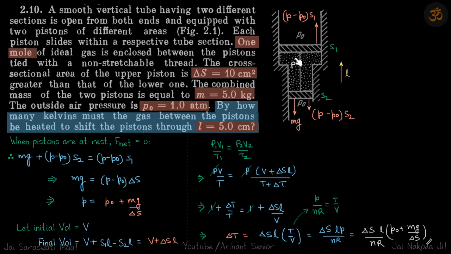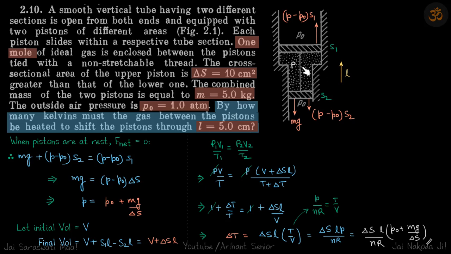We have this piston cylinder arrangement where 1 mole of gas is between these two cylinders. The difference in areas of the pistons is given. The combined mass of both pistons is given, and the outside pressure P naught is also given. We need to find, if we start heating this,